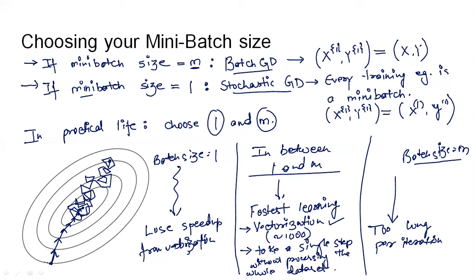So now let's move on. We have understood that you need not take the batch size as m, which is termed as the batch gradient descent, and you could never take the size of the batch equal to one training example, which is called stochastic gradient descent. So if you need to choose the size in between 1 to m, then the question in your mind should be: what exactly should be the size that we need to choose in order to see that our learning becomes faster?